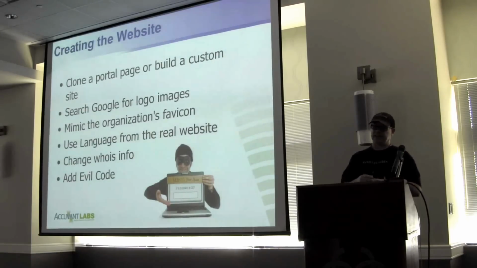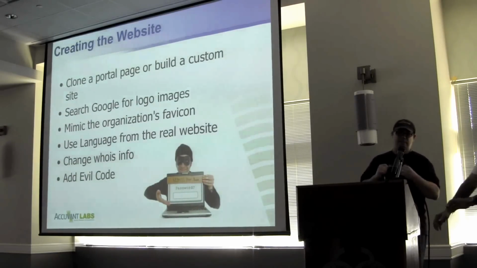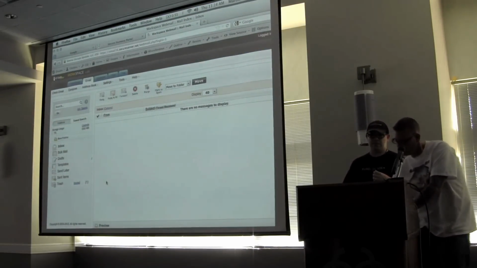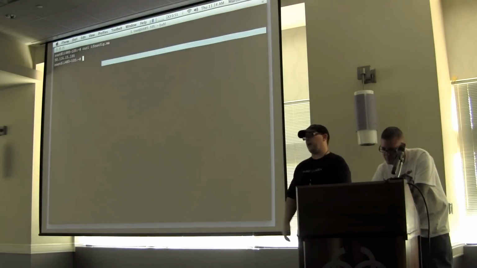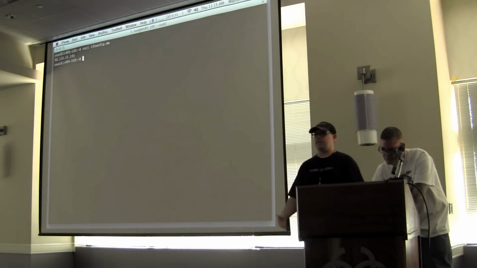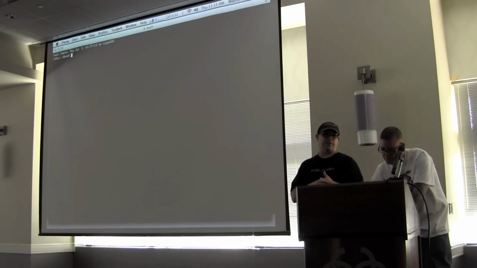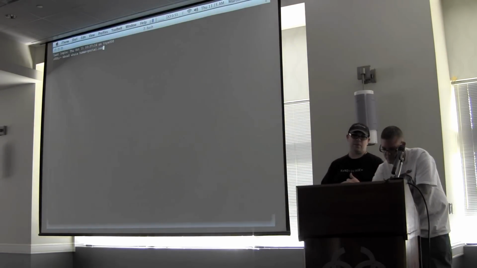One thing that I really like to do is change the whois info. So the cool thing about GoDaddy, I'll show that while you're talking about it. So the cool thing about GoDaddy is you can change your whois information on the fly. And all you got to do is check a box that says, yeah, of course I've got permission. They don't call them, they don't verify it, they don't do anything. So Martin's going to bring up the actual Humana. He's going to bring up our portal.